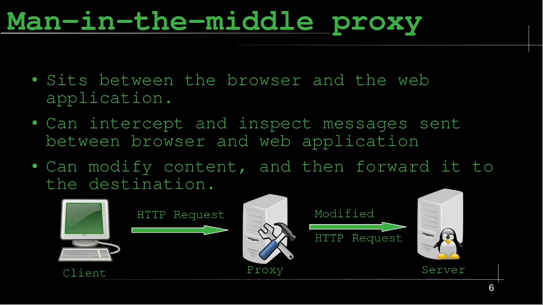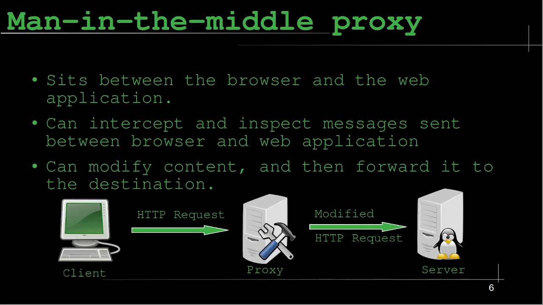But that's not all. A man-in-the-middle proxy can also modify content before forwarding it to its destination. This means we can change requests on the fly, inject malicious code or data, alter headers or parameters, spoof cookies or sessions, etc. This can be very powerful for exploiting vulnerabilities or bypassing security mechanisms. Now that we've covered the basics needed to solve the challenge, you could pause the video and try to solve